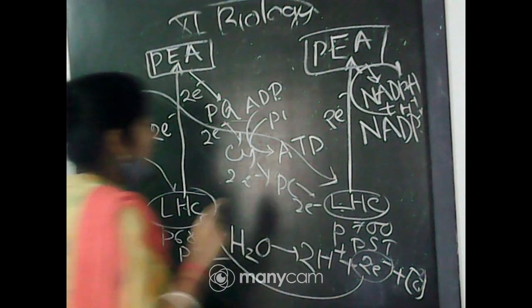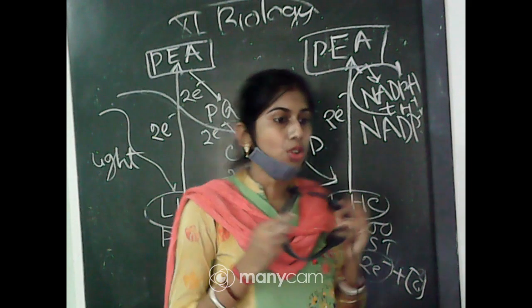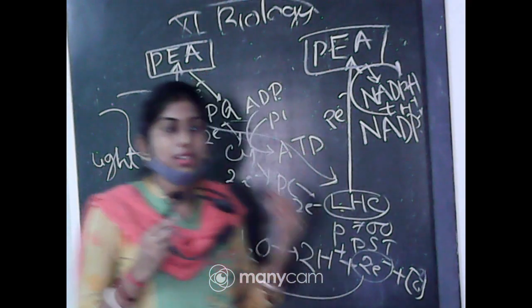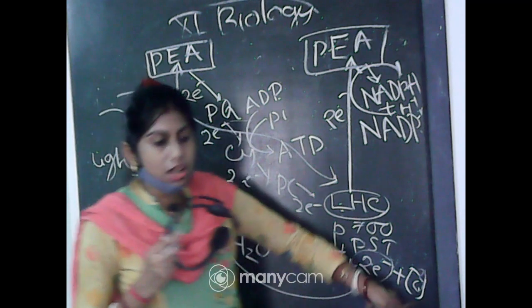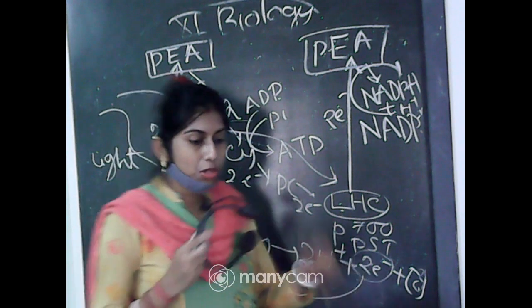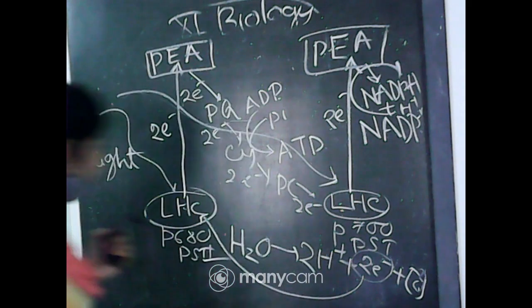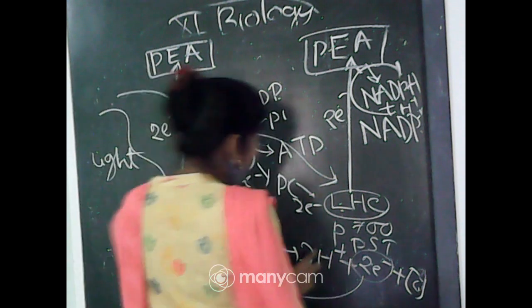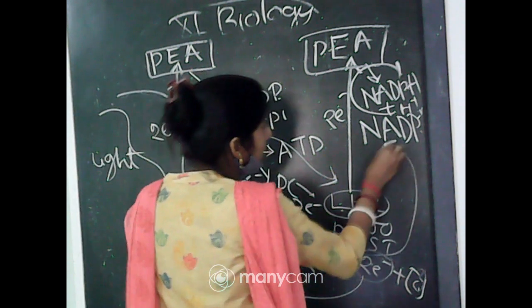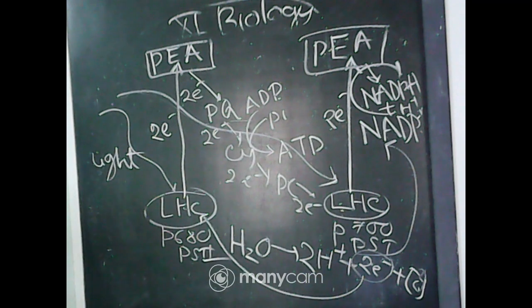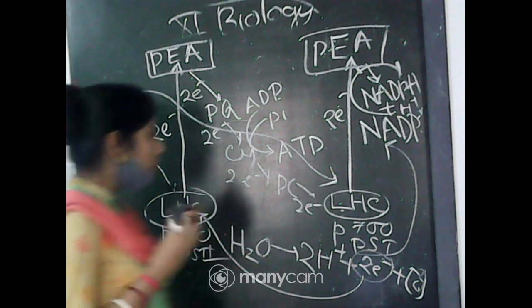As we know, at the end of photosynthesis oxygen will be released. So after the photolysis of water, the next step was the release of oxygen. This oxygen will be released as the byproduct. And these H plus ions will be passed to NADP plus, so that reduction can take place easily.